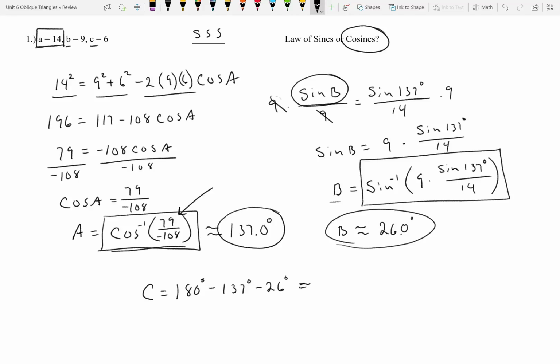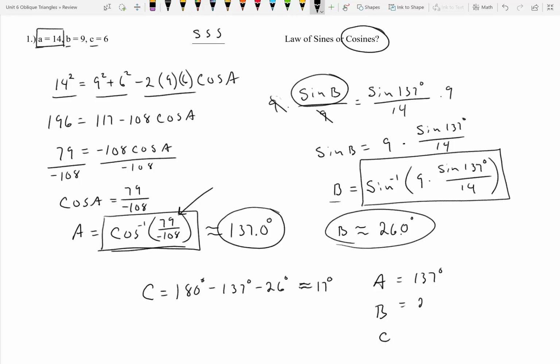And I get approximately 17 degrees. I say approximately in this case, even though 180 minus 137 minus 26 is not an approximation, but the 137 and the 26 both are. So the 17 degrees is approximate in the same sense that the other two are. So now I have A, B, and C,